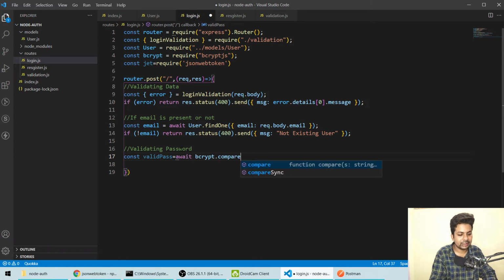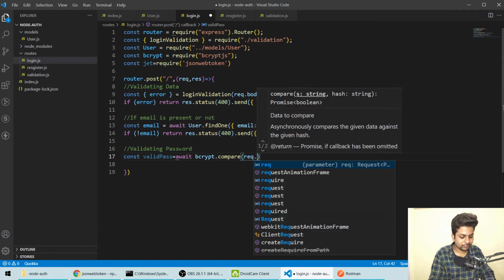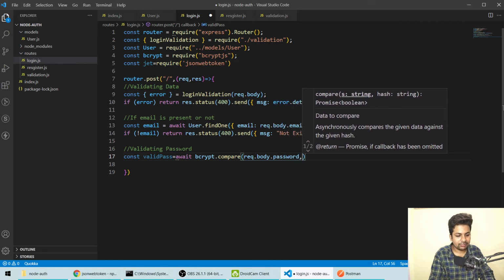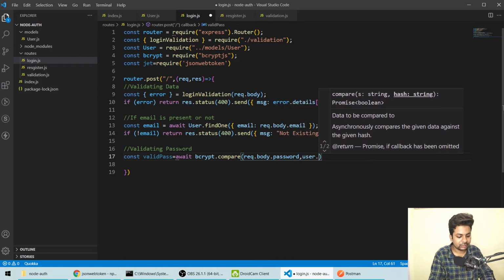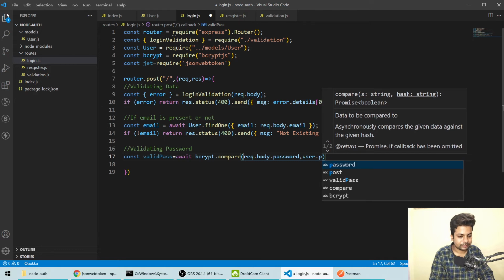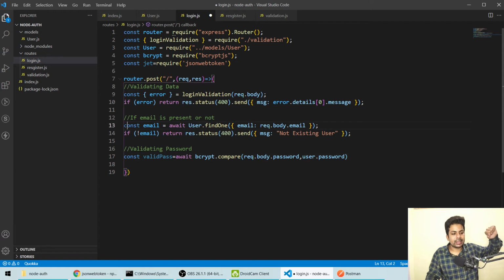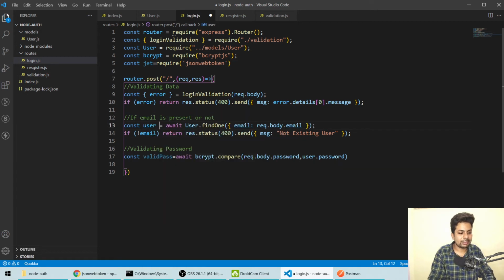Now we are comparing the passwords, the password which came and the user password. So what I'm doing here, I'm getting the email, then after that, yeah, it's not an email, it's the whole user only. We are getting the whole user data.